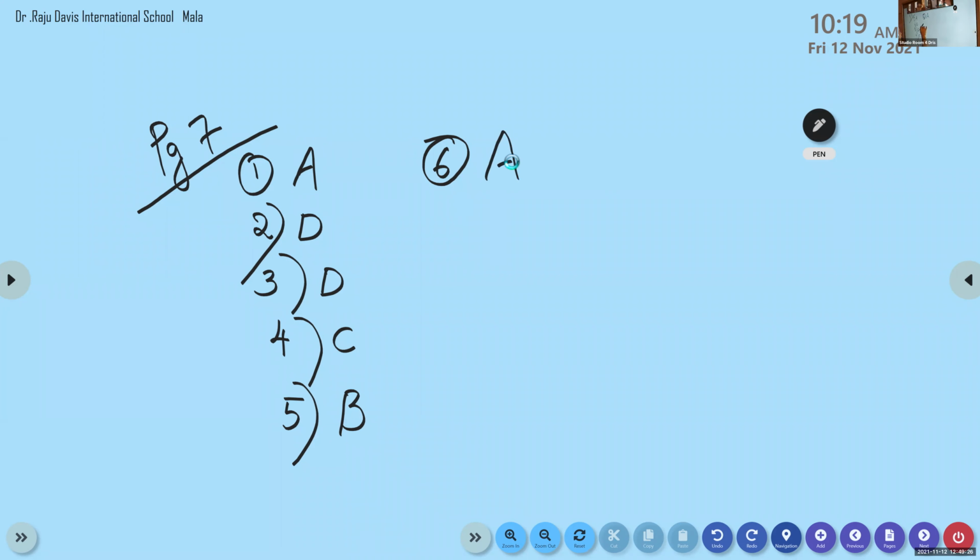Okay, read question number 7. The fraction of the unshaded part in the figure. You have to just write the fraction for unshaded. 2 by 8, yes. 2 parts are not shaded and the total number of parts is 8. Okay. Next question, question number 8. Sri Rugda, can you read?